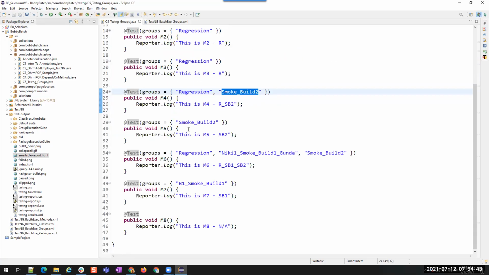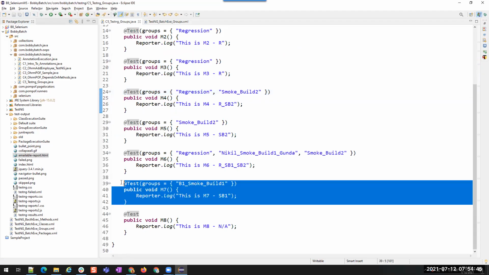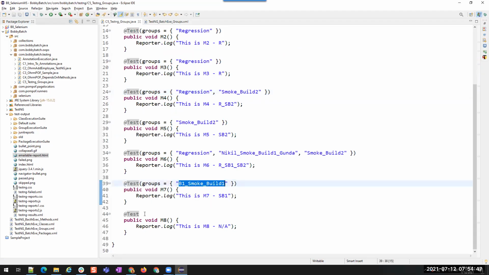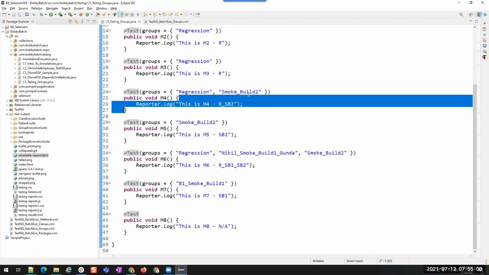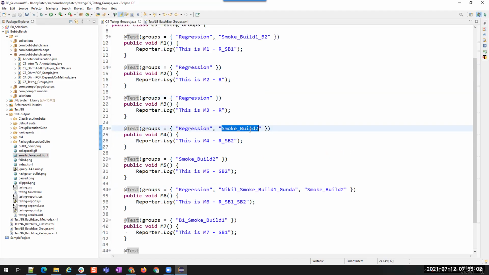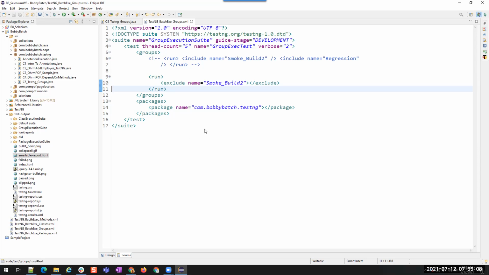Executing everything means it includes M7, which has its own group, and M8, which does not have any group. Because I'm not saying I want to execute these particular groups; I'm saying I want to exclude this particular group, smoke build 2. So other than the methods which have the smoke build 2 tag, it will execute everything. Let's see that.